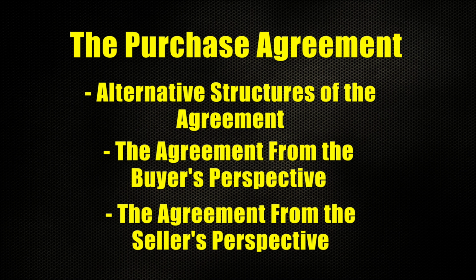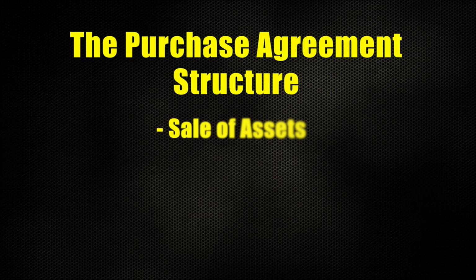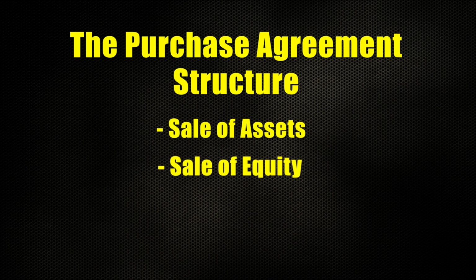The purchase agreement will be structured one of 2 ways. It'll either be a sale of assets or a sale of equity. Typically, a purchaser wants to purchase assets. That way, they don't get unknown liabilities along with what they're buying. Frequently, a seller will like to sell the equity. Now, sometimes the reason for an equity deal is if the business has contracts that can't be transferred or licenses that can't be transferred, and that will cause a purchaser to do an equity deal. But otherwise, the purchaser wants to do an asset deal.